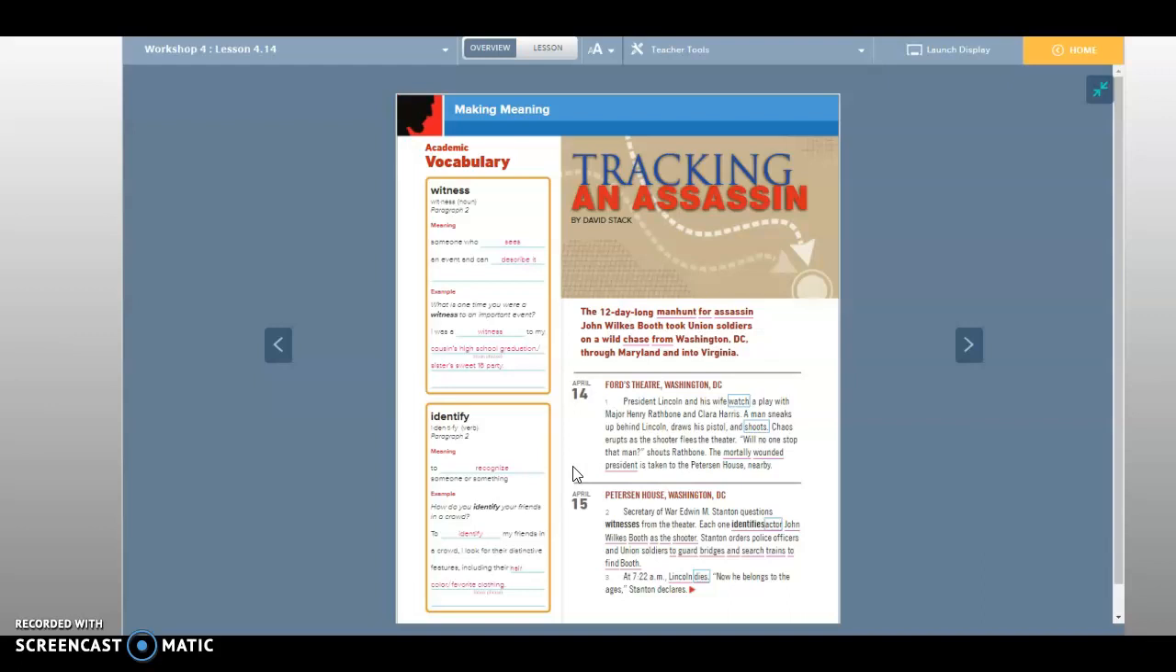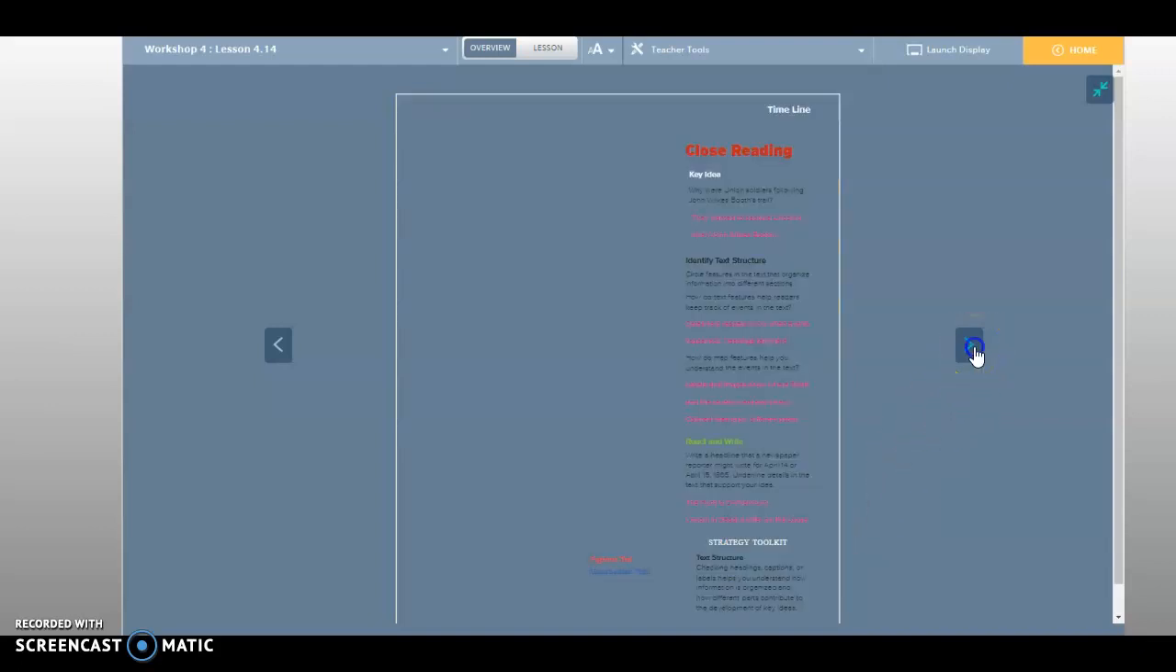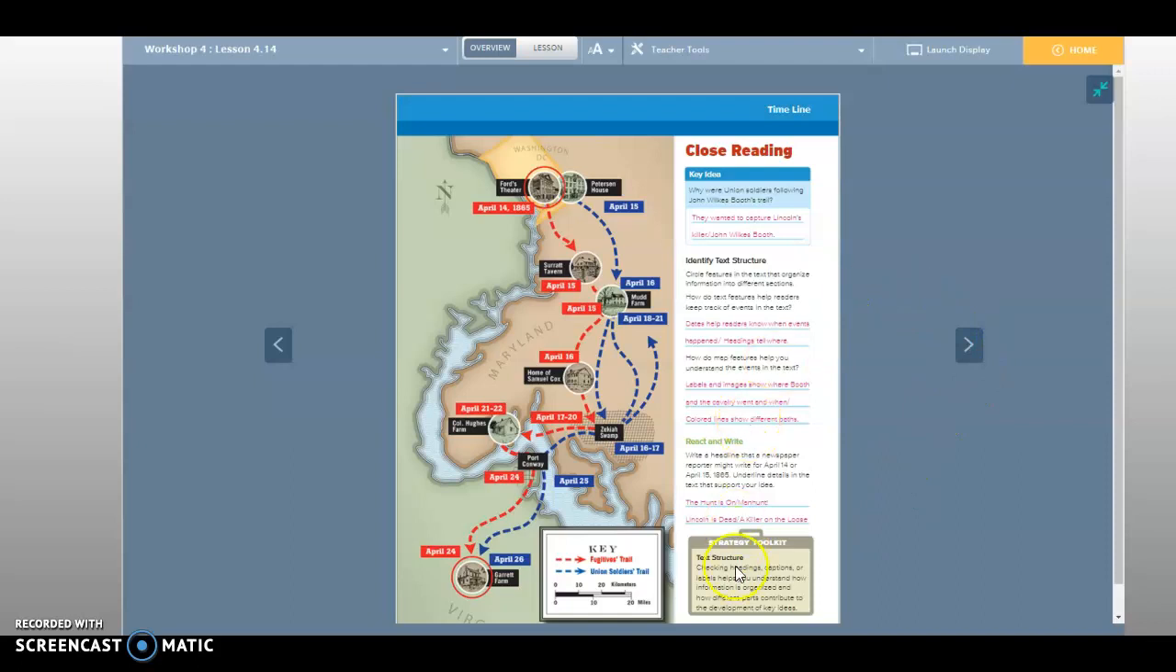How do you identify your friends in a crowd? To identify my friends in a crowd, I look for their distinctive features, including their hair color, favorite clothing. Okay. We've got tracking an assassin. Okay, and you guys can read that. If you're not here, go ahead and read that. And then today,